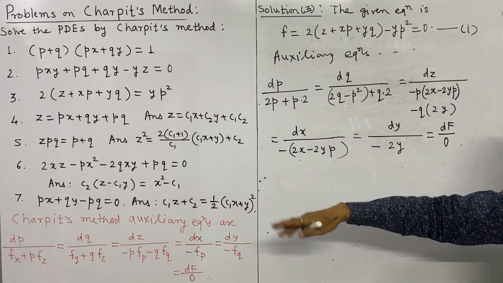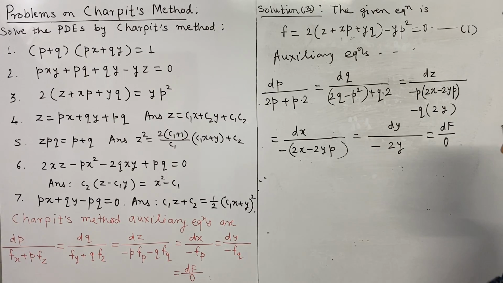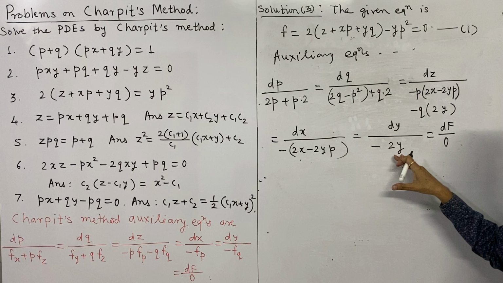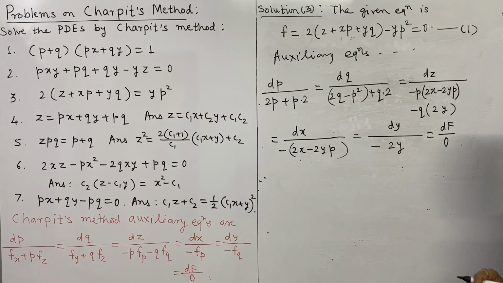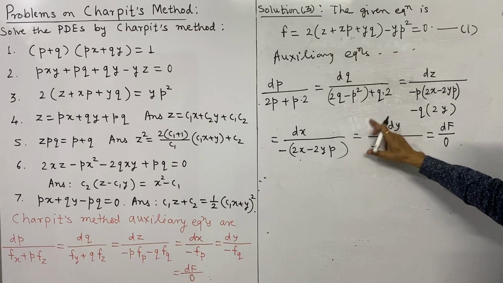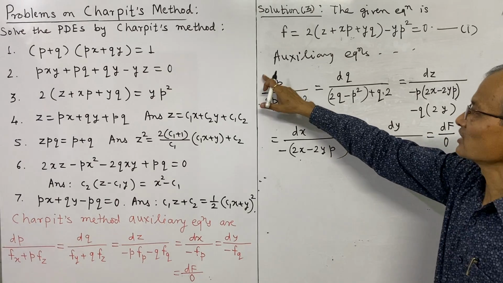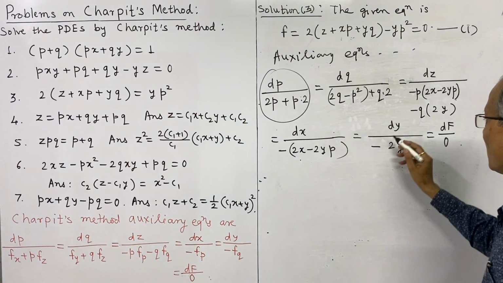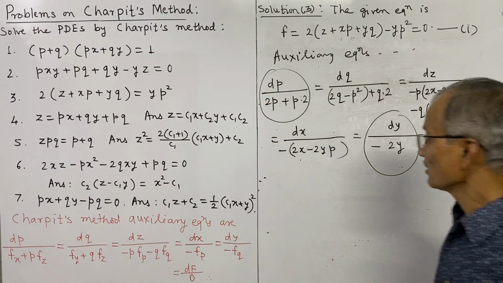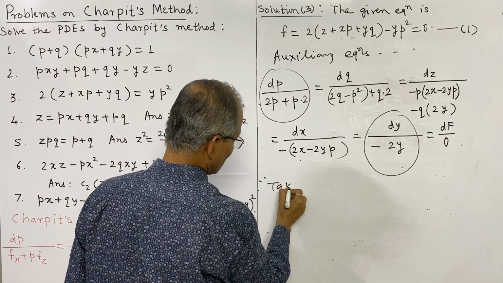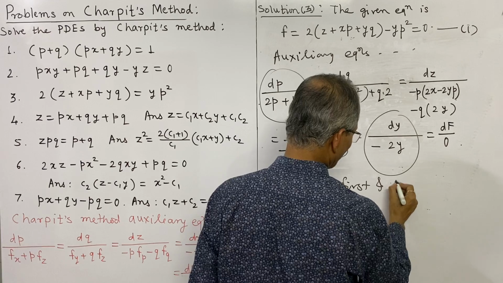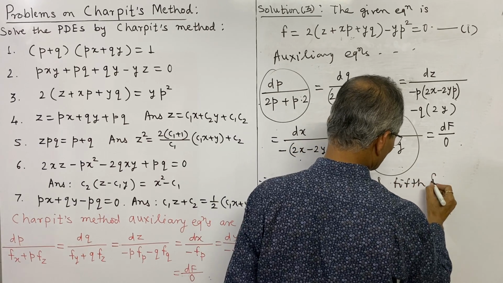So thus we have written all the ratios here in this problem. Charpit's auxiliary equations we have written. Earlier two fractions were sufficient, and therefore we have not written the remaining fractions, but here we need. And why? Because now you see this is a separate variable part and this is also a separate variable part, and therefore we equate this first and this fifth ratio. So taking the first and fifth fractions or ratios.